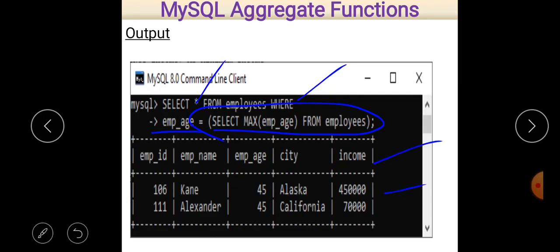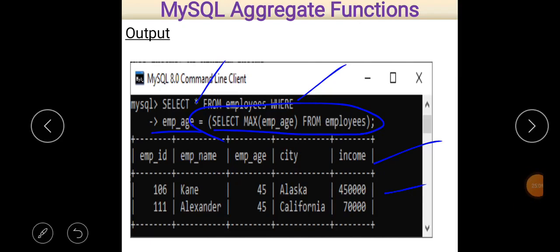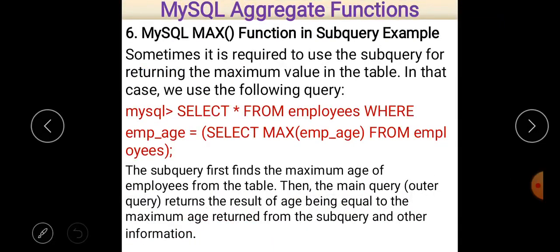The main thing is, first of all the inner query will be executed. After that, the outer query will be executed, and the inner query will give the input for the outer query. That is the main purpose of using this statement. So that is the concept of the MySQL max function in a subquery.